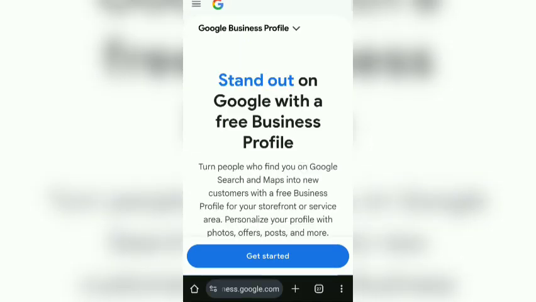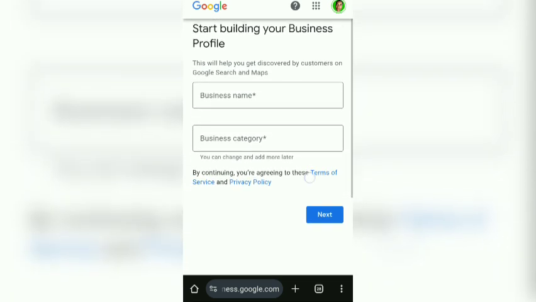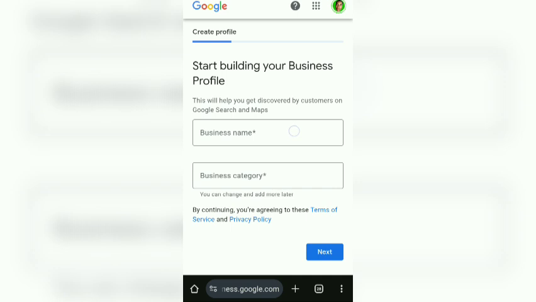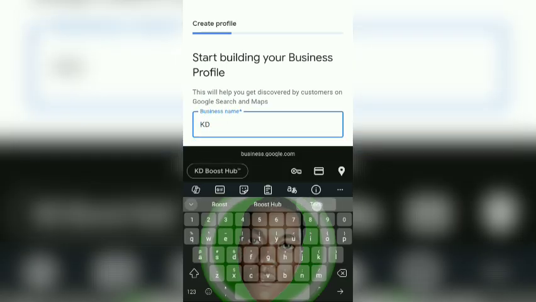You have to click on that, and then over here you click on Get Started, and then it will take you to the main registration page, or a page where you have to fill in your information to start building your business profile. So I'm going to name my business Get It Tech App as usual,